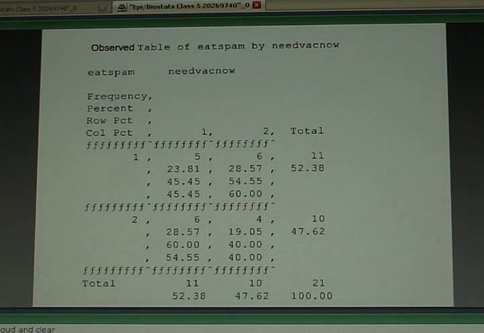But of the 11 of you who ate spam, 5 of you profess that you need a vacation right now. That's 45% of you. Of the 10 people who don't eat spam, 6 of you said you need a vacation right now. That's 60%. So notice the risk of needing a vacation right now is actually lower in the spam group, 45% versus 60%. If you calculate a risk ratio, 45 over 60, you get a risk ratio of about 0.75 from this data set as a measure of association between spam consumption and needing a vacation right now. But the question is, is this a statistically significant result? Is your risk ratio 45 divided